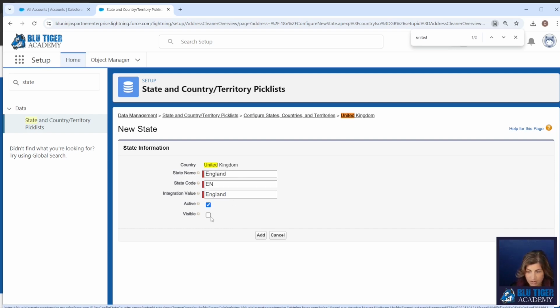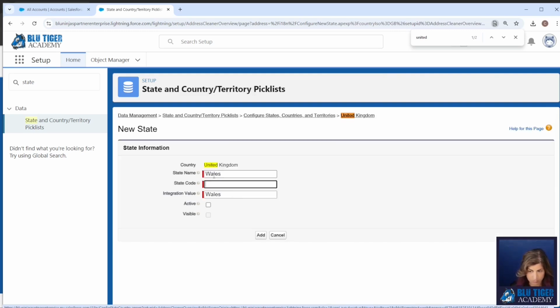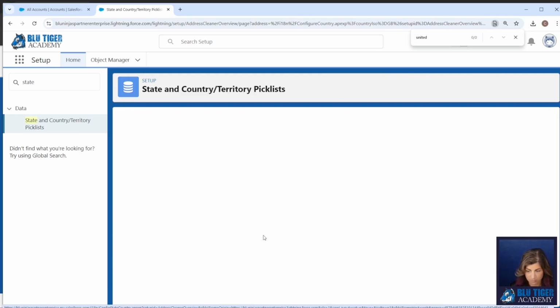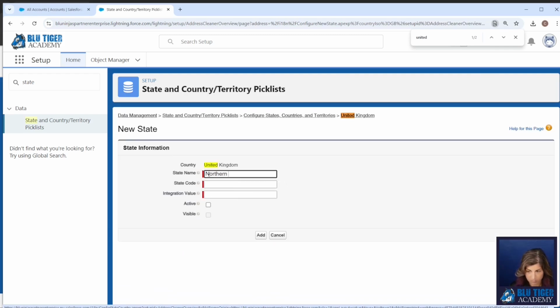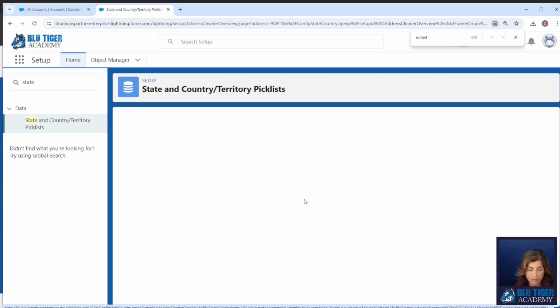We're going to set it to active and visible because we want it visible to both the API and our users. Okay, United Kingdom is all set. So we're all set configuring all of our states for our 3 countries.